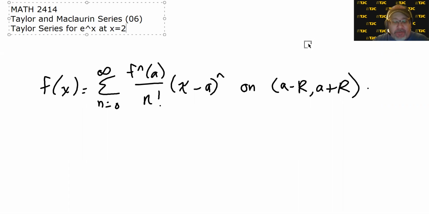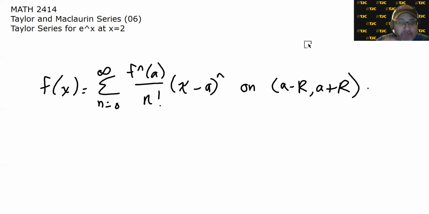All right, so far we've developed some techniques. We've gotten real theoretical, proving that a Taylor series will converge to the function it's approaching by showing that the limit of the remainder approaches 0. But for the most part, especially at this level, we're going to focus on actually building the series and finding the interval of convergence. You'll notice right here I have the formula for a Taylor series